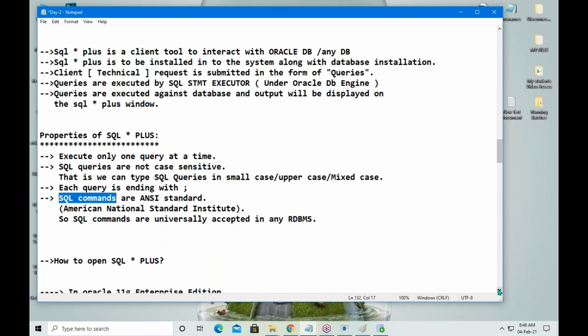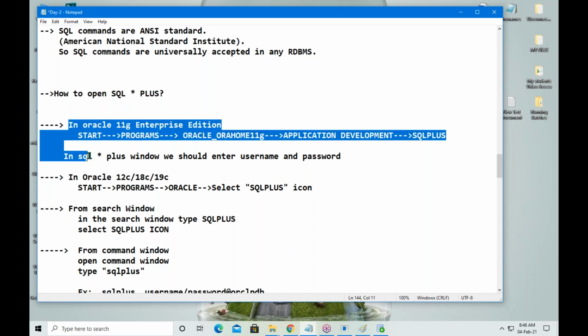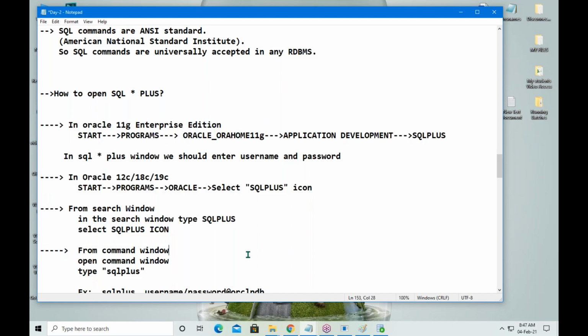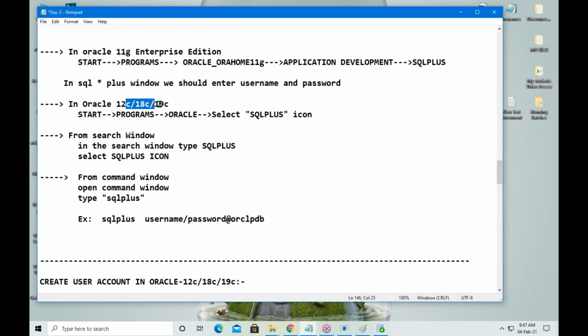Now we understand about SQL Plus. How to open SQL Plus? I have given some different methods. You can follow any one method. In 11G, how to open SQL Plus? And in 12C, 18C or 19C, how to open SQL Plus? For example,